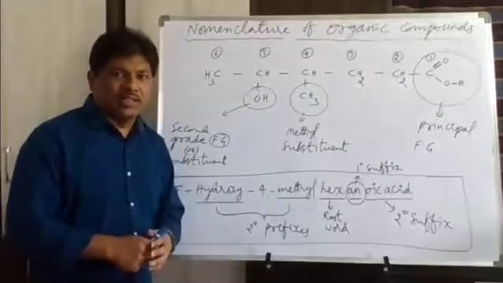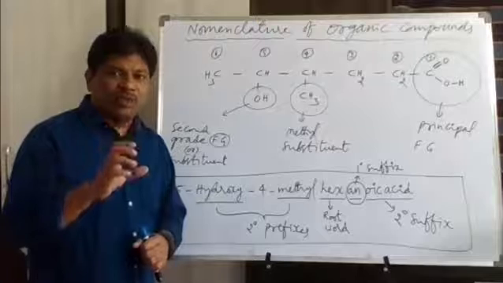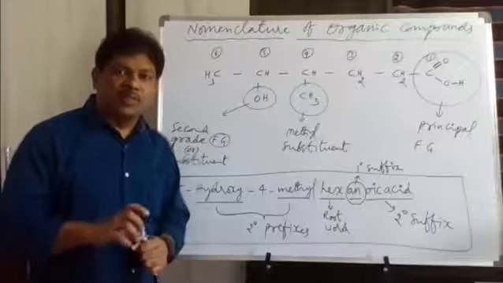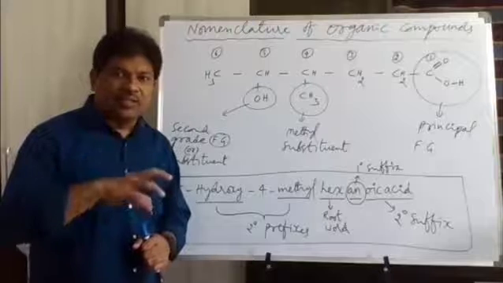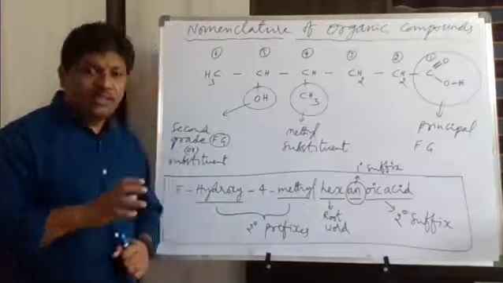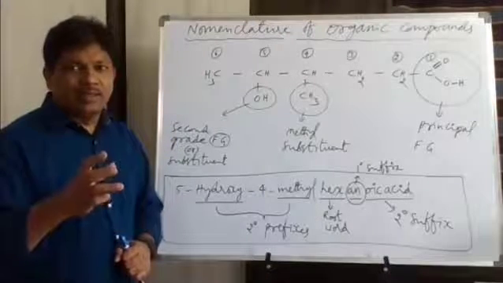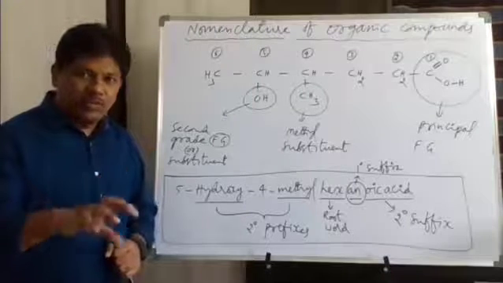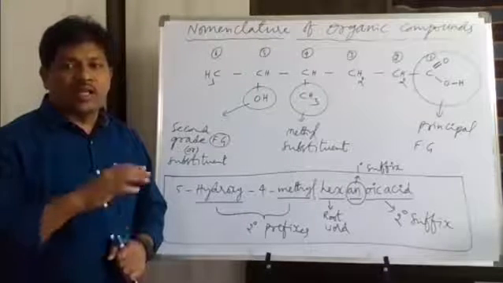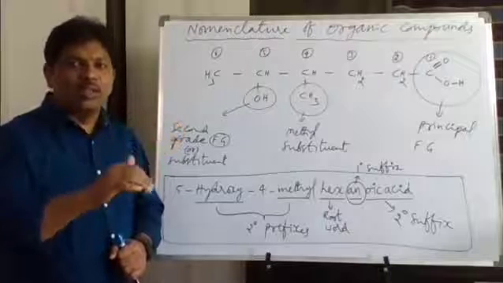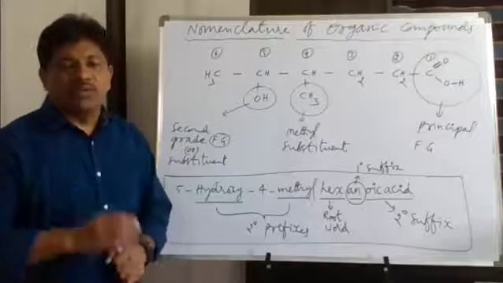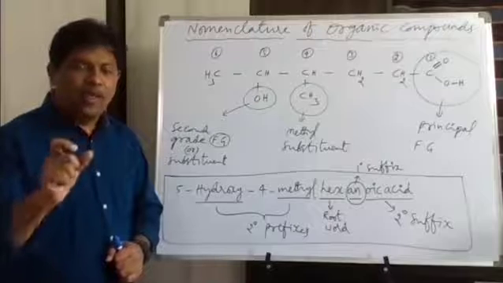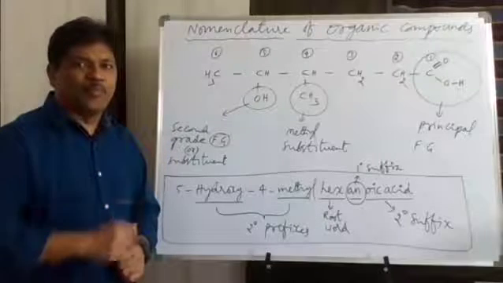So what we have to understand is that I told you that every functional group will act sometimes as principal functional group, sometimes as second grade functional group. That means every functional group has two types of names. The secondary prefix name of a functional group will be available, and the secondary suffix of the same functional group is also available. So every functional group has two names: secondary prefix name and secondary suffix name.